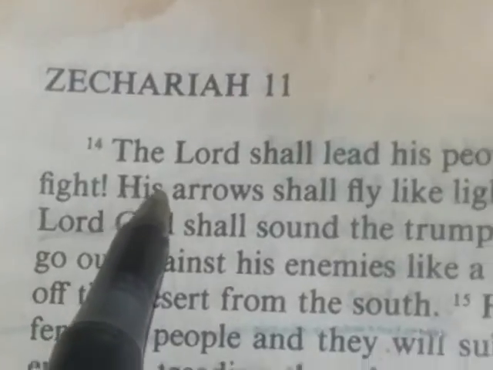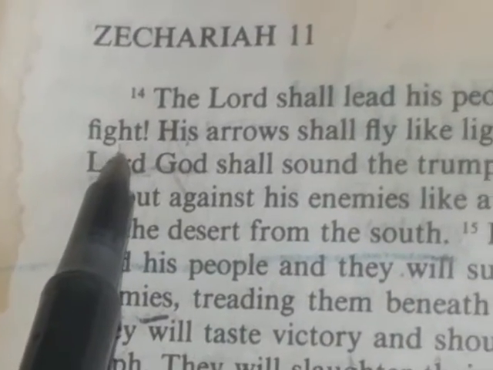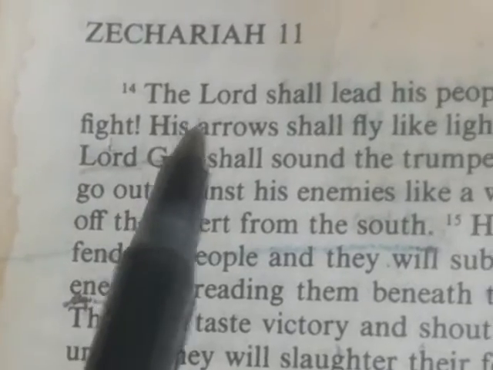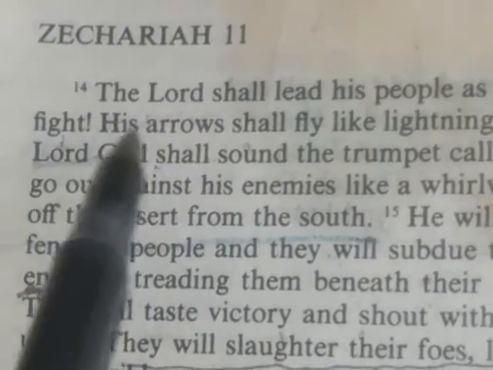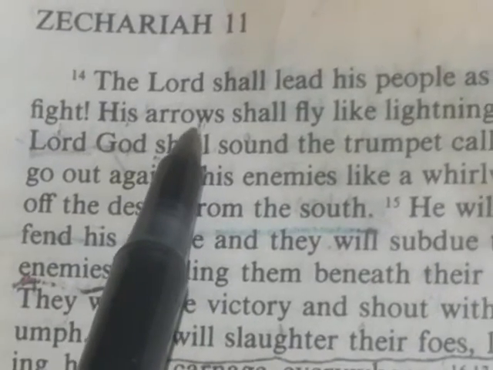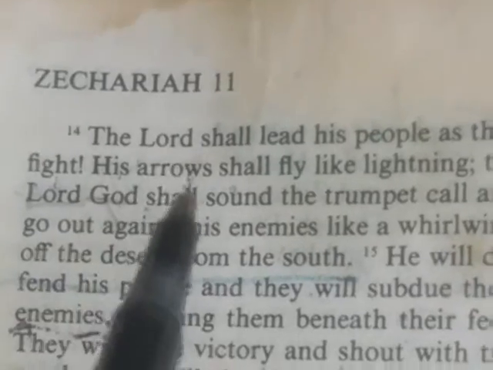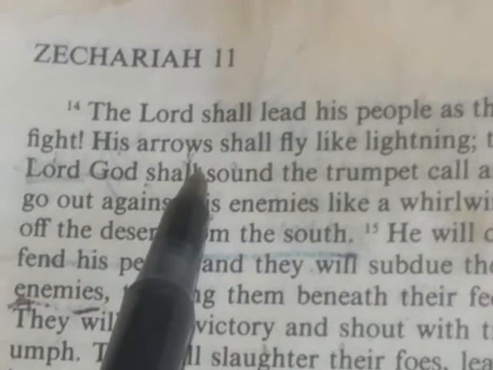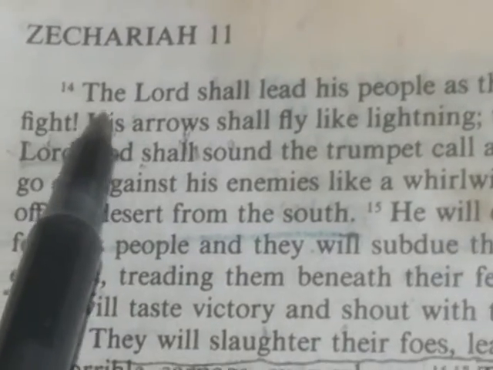Let me read a little bit more. Yah shall lead his people as they fight. You see that? See, Yah is leading this. God is our strength, brothers and sisters, like our people came and took the land the first time. See how this is the second Exodus? We're taking that land for the second time. Once again, for all. See? It's the Aliyah. Going back up to Zion.